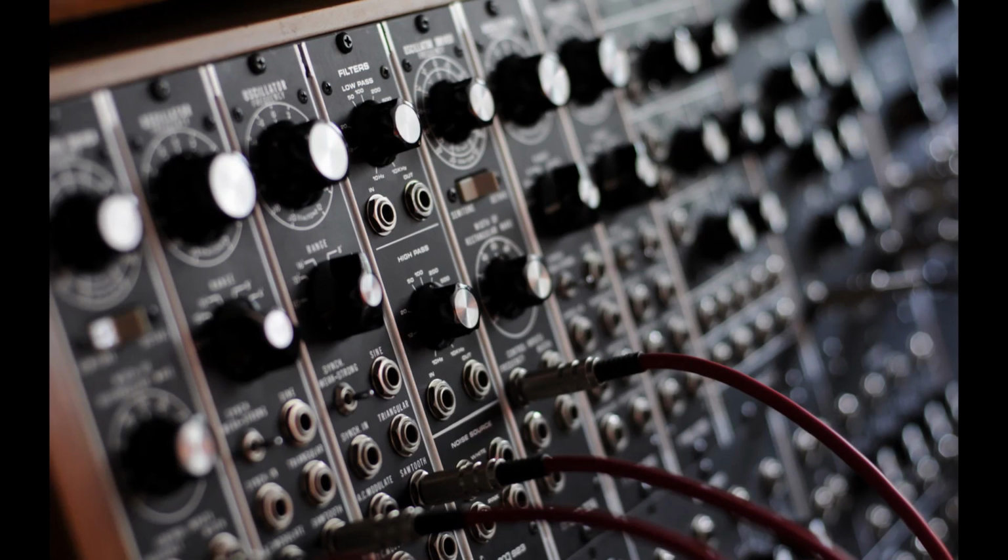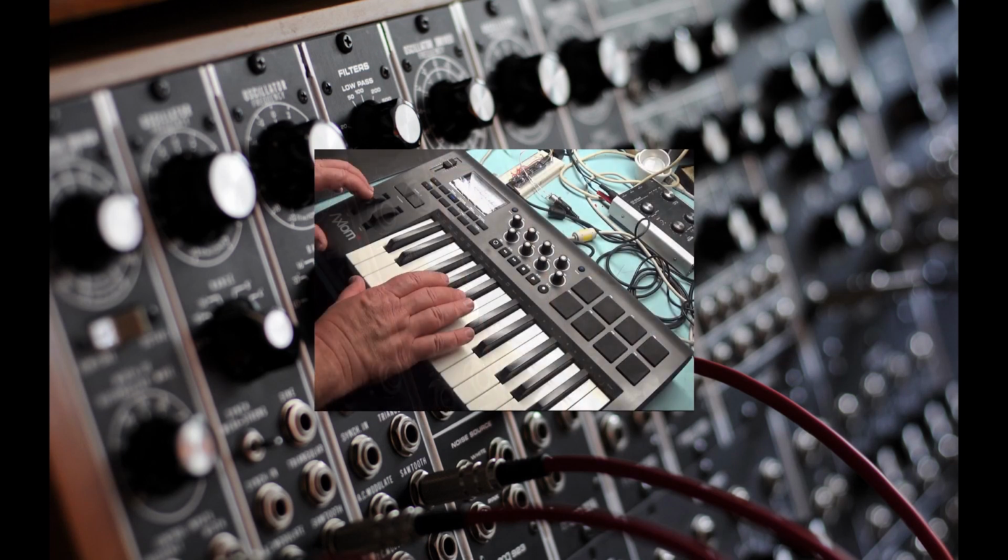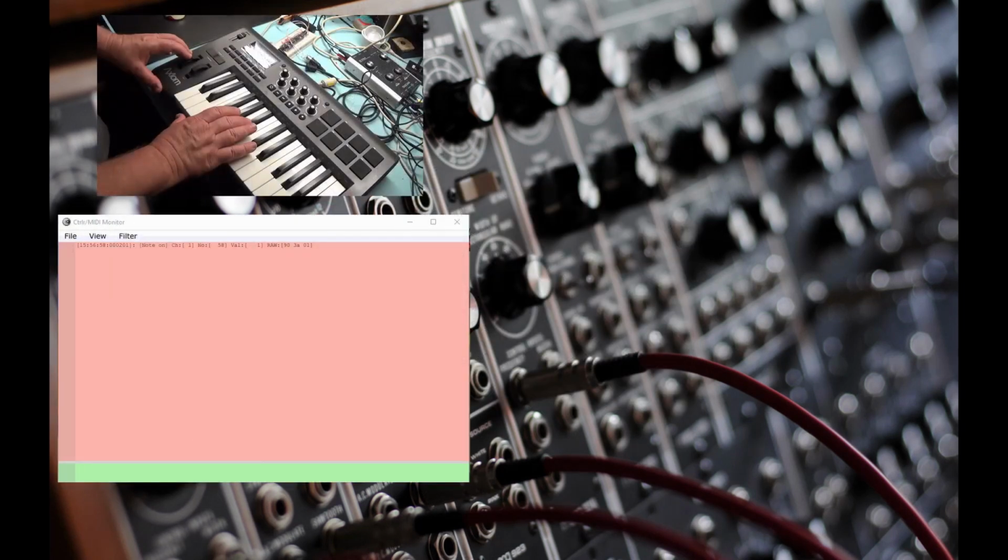Now that we can monitor the MIDI messages coming from the keyboard, I'm going to show you a difference between pitch bend messages sent between two different keyboards. Let's start with the Axiom keyboard. When I pitch bend using this Axiom keyboard, you will see the message going by. It shows